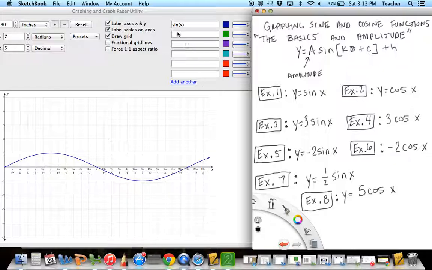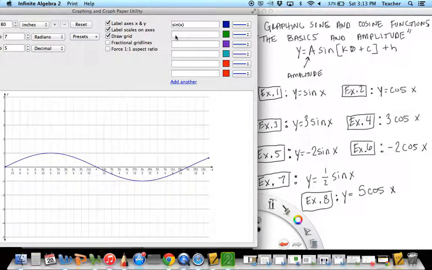Now cosine, same kind of thing here. If I put cosine of x in here, you're going to get how that works, and you'll see that that one actually starts at the highest point, goes through the midline, to the lowest point, through the midline, and then gets back up to its highest point. So the periodic length is still 2 pi, it just starts at whatever the amplitude is, which for this cosine is 1 because there's no number in front. All right, so I'm going to come back and reference this in a little bit,